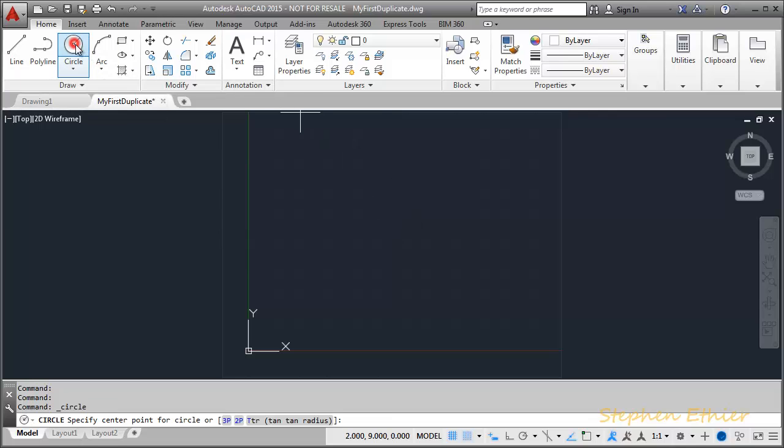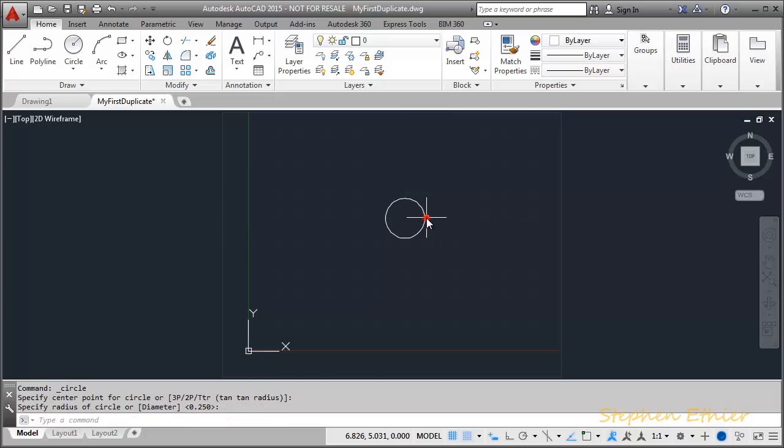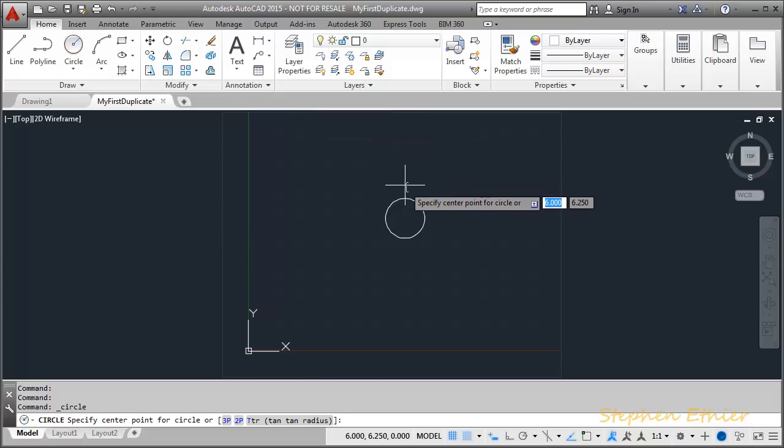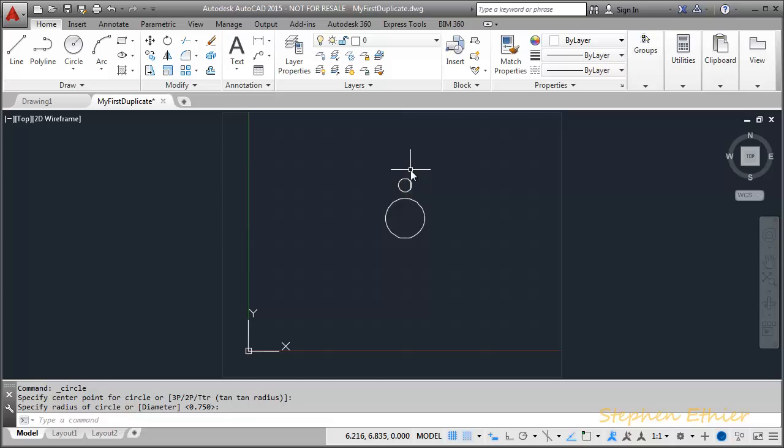Draw a circle, pick near the center, give it a radius of 0.75. Draw another circle directly above the larger circle with a radius around 0.25. Select the polar array that's hidden underneath the rectangular array. Pick the circle,